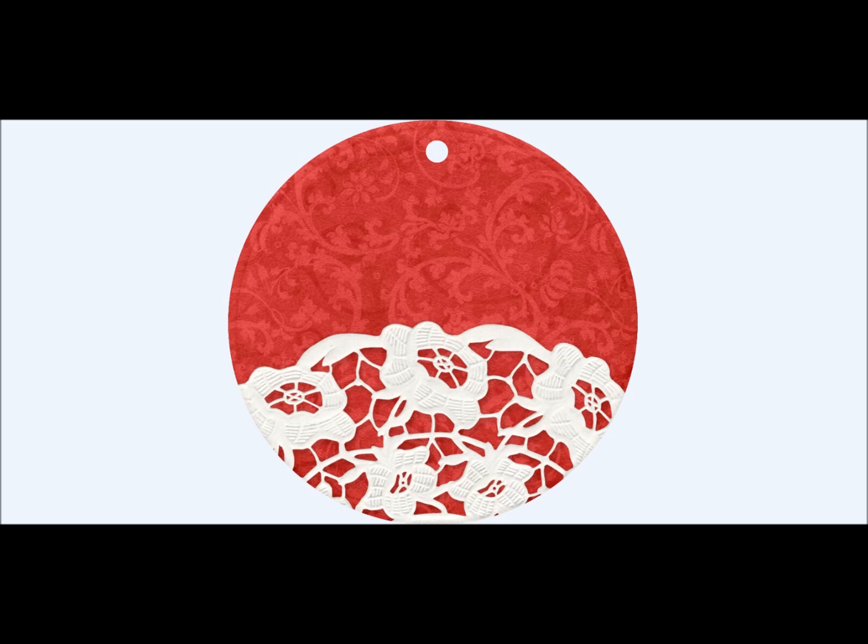And here we get into some circle tags. The beautiful doily just kind of gracing the bottom of them. These are great tags. Again, you can see how I used some in the card making inspiration. But these with the damask filling the back, you could easily place on a journal tag, which maybe you have